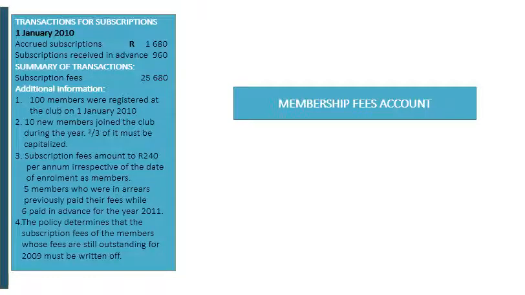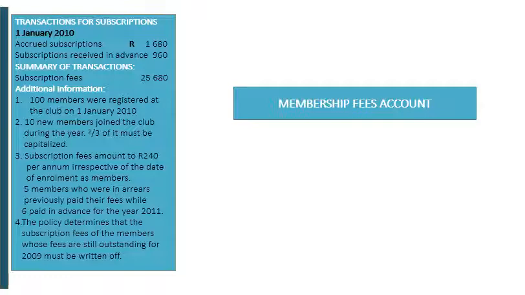The second requirement of the exercise is to prepare the income and expenditure account showing the calculations for membership fees. We will therefore show these calculations by presenting the general ledger for subscriptions. The following transactions affected the subscriptions. At the beginning of the period, we had accrued subscriptions of 1,680 as well as subscriptions received in advance of 960. Then, a summary of transactions that occurred during the year. Subscription fees received and banked